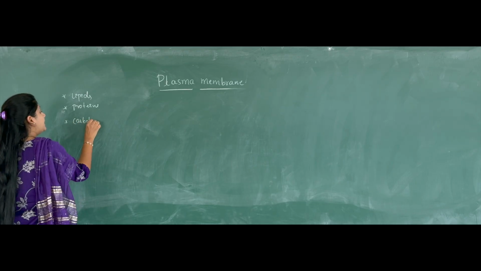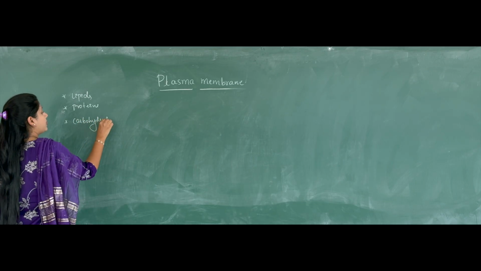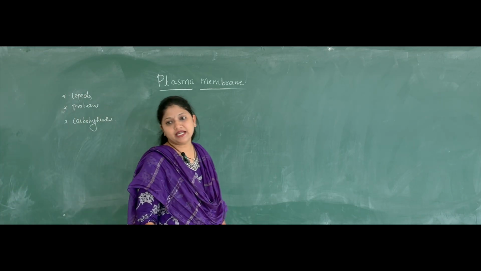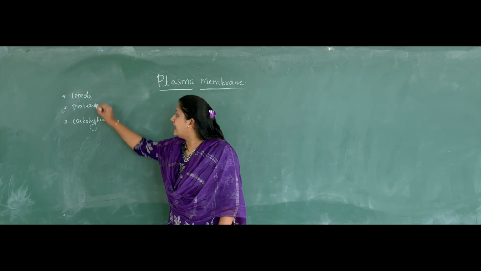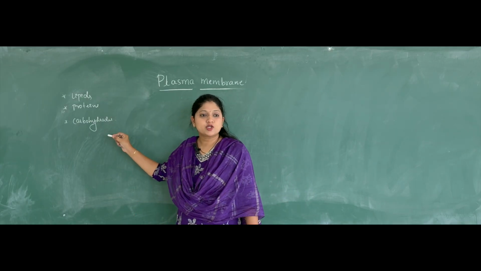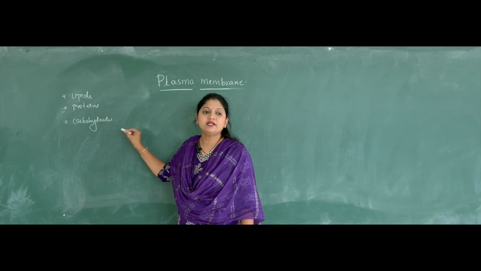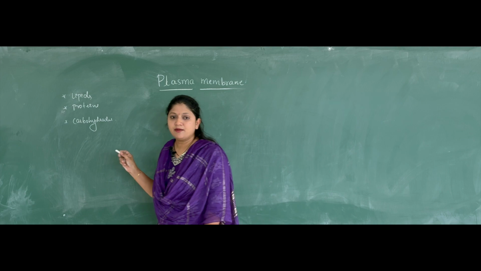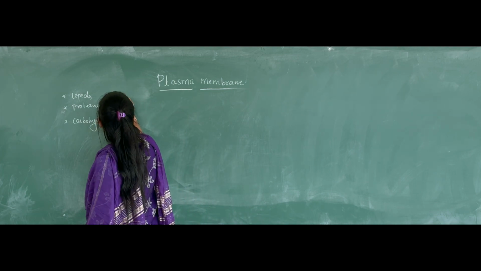But it depends on the type of the cell, what type of cell it is. It depends on that how much amount of lipids, carbohydrates and proteins should be present. So we have one standard example of